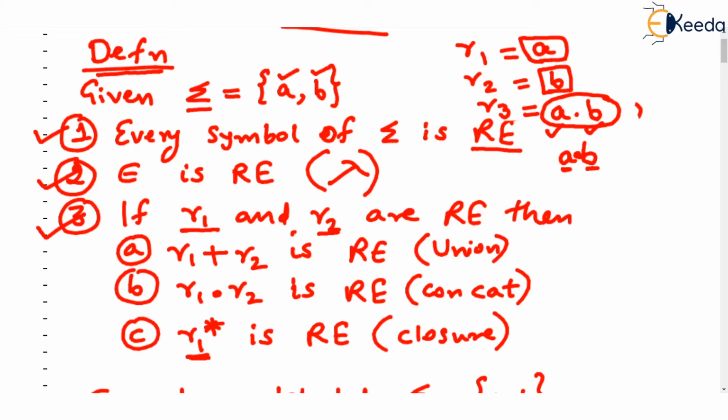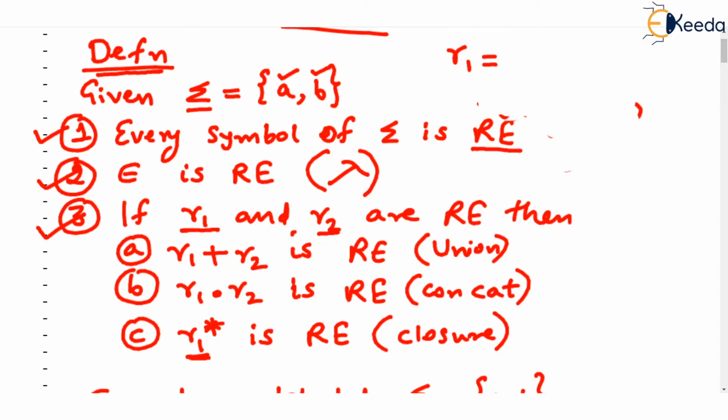Okay, let's stick to our example, a very small example that I have been writing on the top corner. If R1 is a regular expression, say R1 is A, you know A itself is a regular expression because A is a member of sigma. Then if I write A star like this, now note A itself is a regular expression and I am raising it to star, then this is a new regular expression. Okay, and this is known as closure operation. I will tell you what is the meaning of all this, but this is the definition of regular expression.